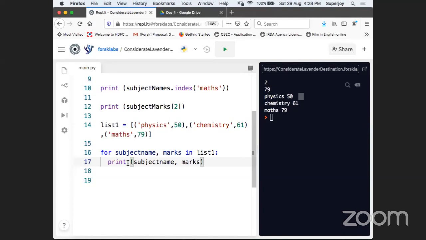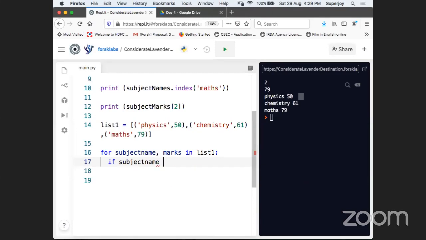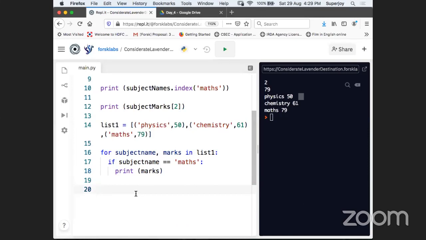So maybe we can do one thing, guys: rather than print, I can say if subject name is equal to maths, then what I need to print is just the marks, because I want to actually find out the marks only, right?